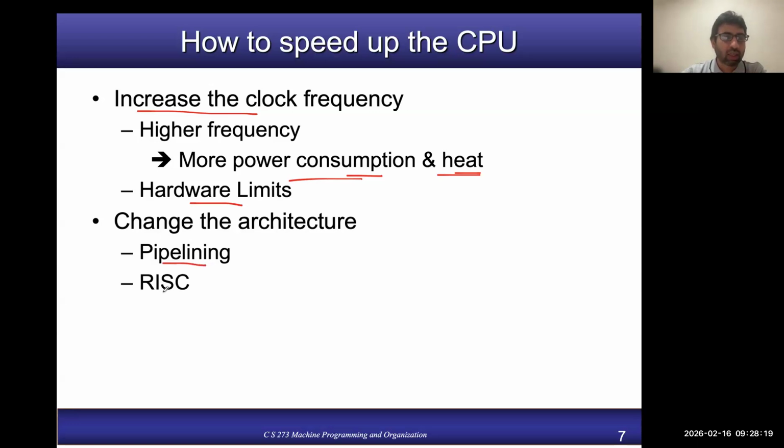Pipelining works well if you have a RISC processor. What is RISC? RISC basically stands for Reduced Instruction Set Computing. And why does pipelining work well? So what is the philosophy of RISC? The philosophy of RISC is that you have atomic instructions. Atomic instructions mean instructions which perform operations which cannot be divided further into sub operations, right? So for example, you are saying move data from register R1 into register R2, right? So this is an atomic operation in the sense that you cannot break it down into any further sub operations,